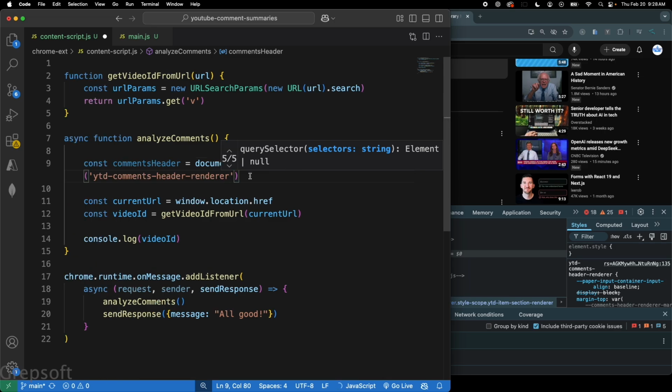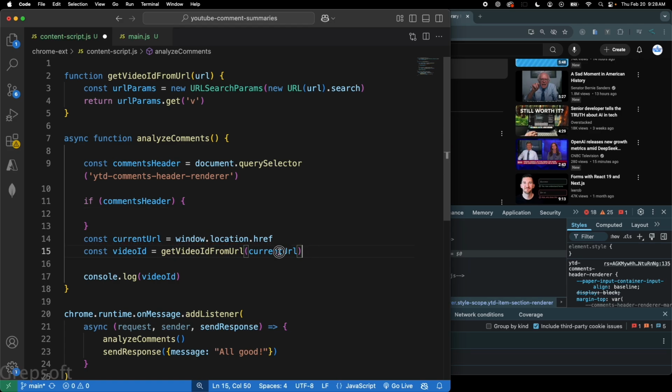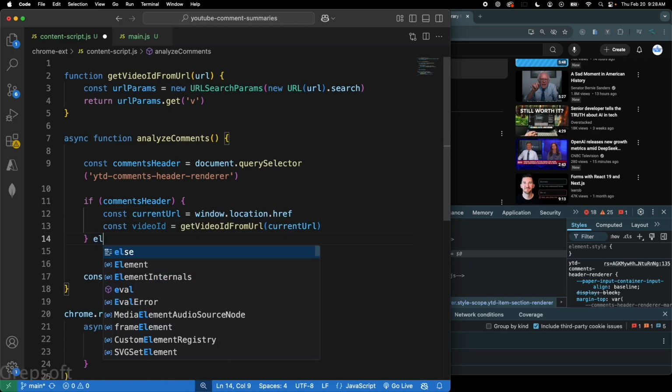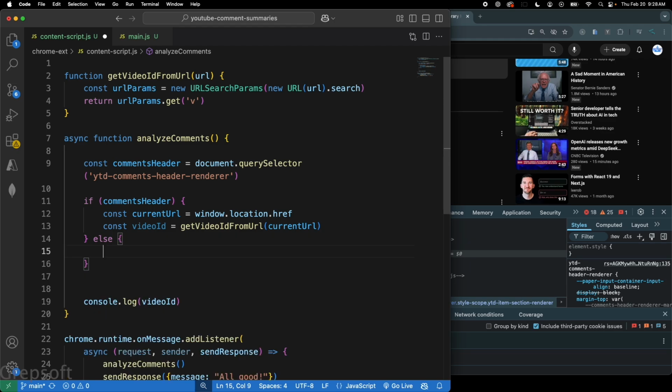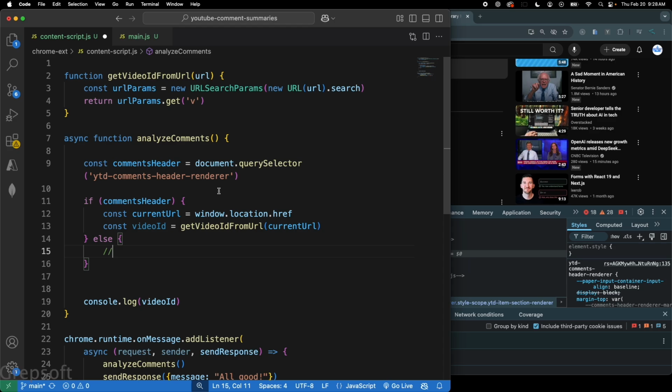Okay, so what I'm trying to do here is get a hold of this selector, and then what we can do is, if we got the comments header, then we're going to do all this cool stuff. Else, basically if we can't find it, then well, we need to do something. So what we should do is come over here and set new div equal to